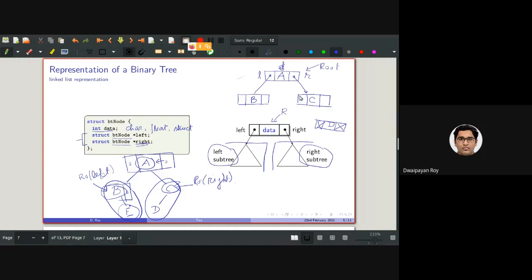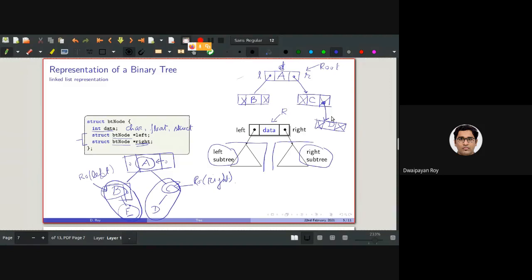Initially the left child and right child of C will of course all be nulls. But after creation of this node, if I consider that this is the right child of this node, we need to change this null to contain the address of this node.